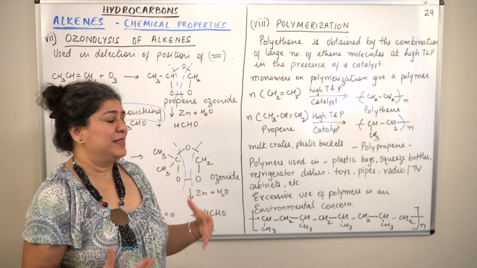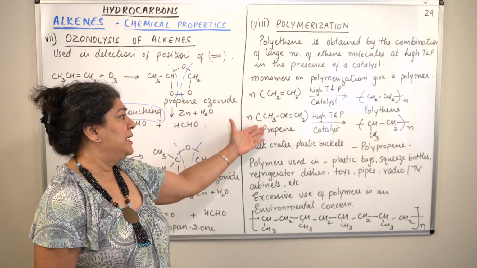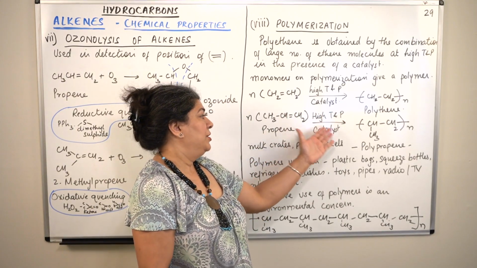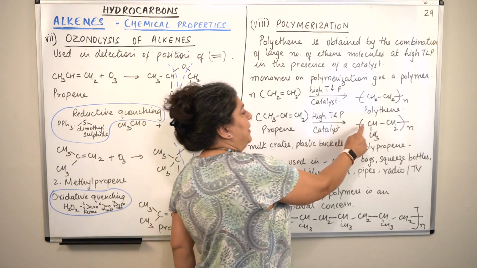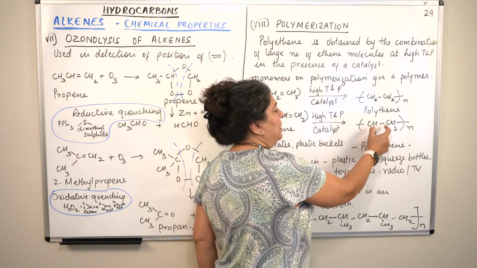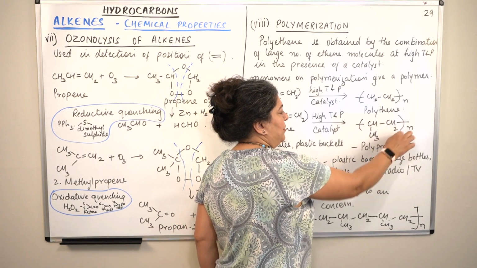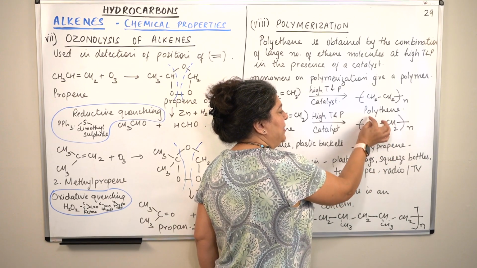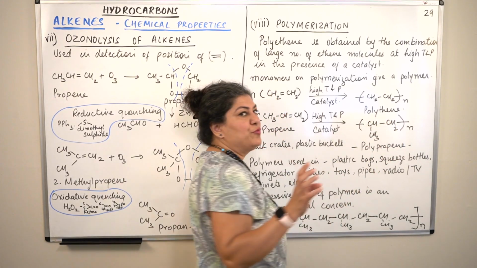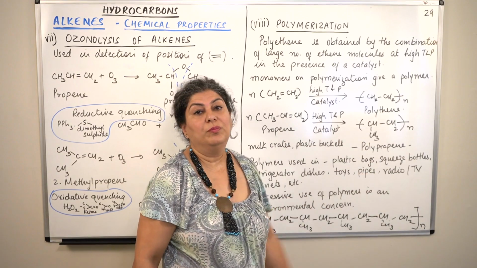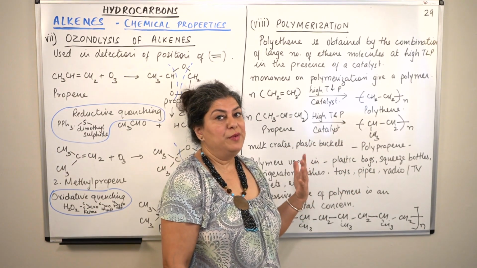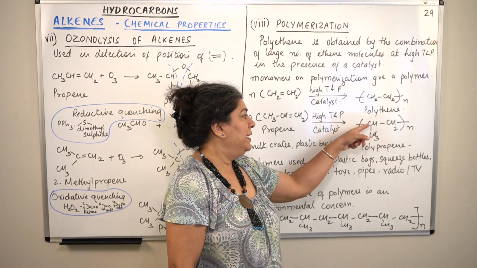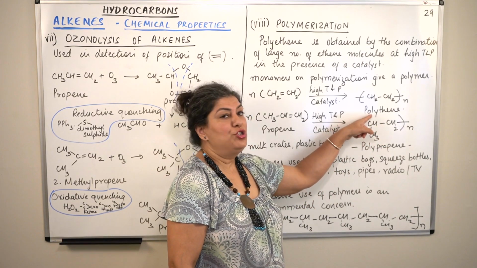So what is the process? The same process. Propene was taken at high temperature and pressure in the presence of a catalyst. It gives us polypropene. How do we represent it? We write carbon. The two carbons which have the double bond and the dangling electrons are written on the two sides of the bracket. Everything else which is attached to the two carbons with the double bonds is written above and below. There will be only two other things that it will be attached to, because carbon is tetravalent. One bond on this side, one bond on this side, so there can be only two other bonds.